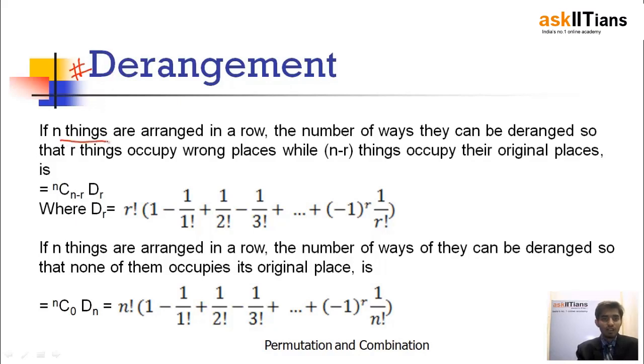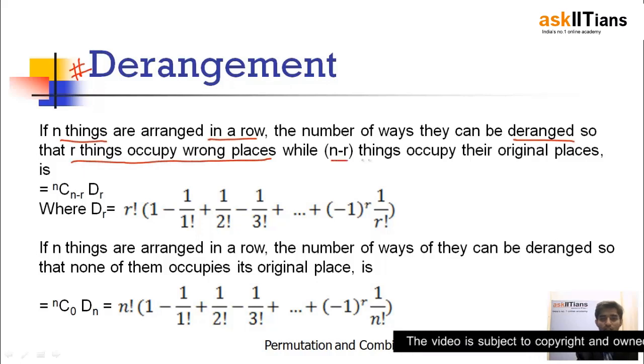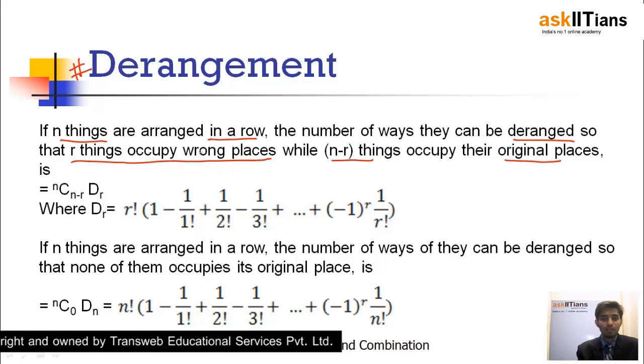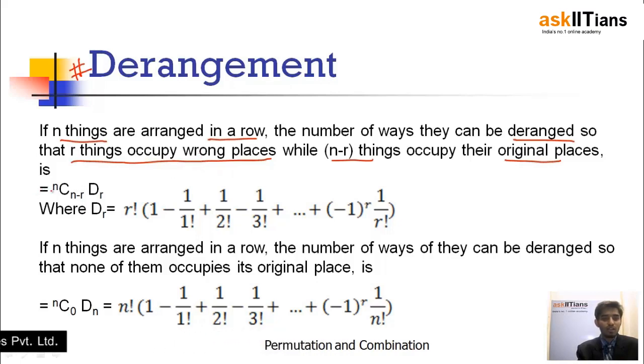So if there are n things which are arranged in a row, then the number of ways in which they can be de-arranged so that r things occupy the wrong places, while n minus r things occupy their original places. So there are r things which occupy wrong places. This will be given by nCn-r into Dr, the de-arrangement of r items, while n minus r items occupy their original places, where Dr is equal to r